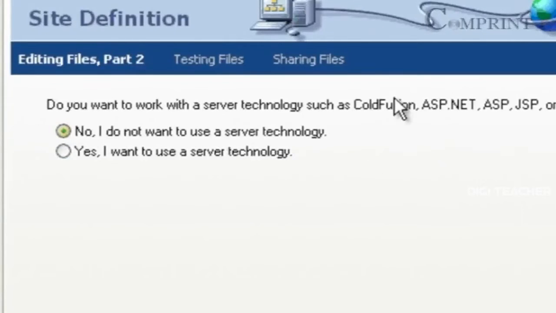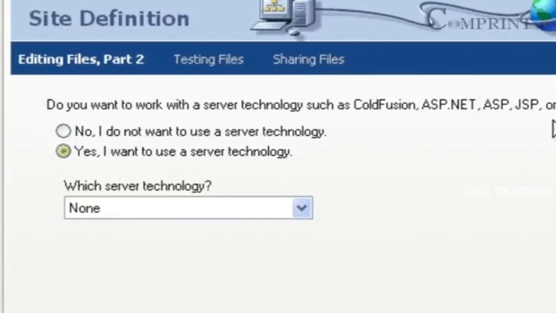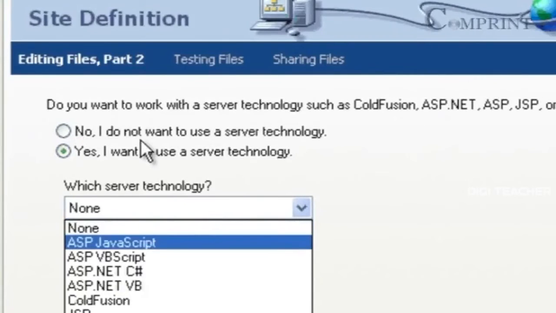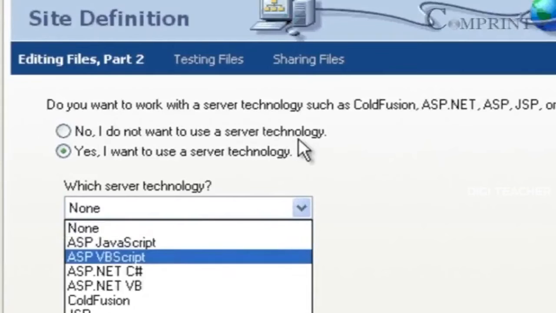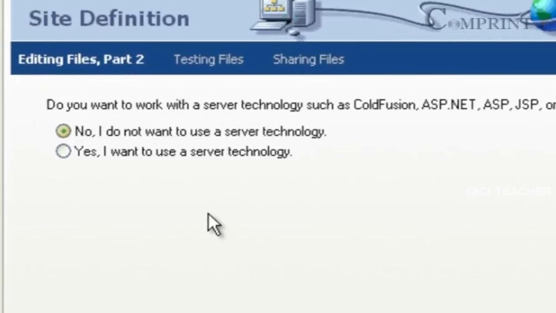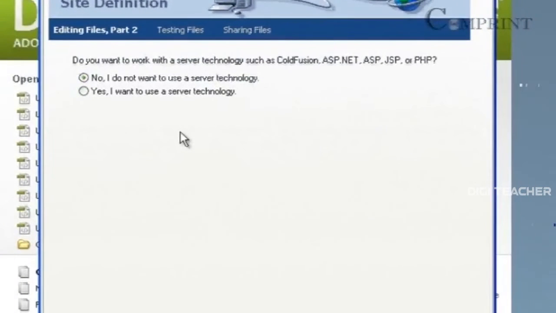If we want to use the server technology, select Yes, I want to use a server technology. When this option is chosen, we have got a list menu here. So in the list menu, we can choose which server technology we wanted to use. Now I'm going to select No, I do not want to use a server technology. After this, click on Next button.